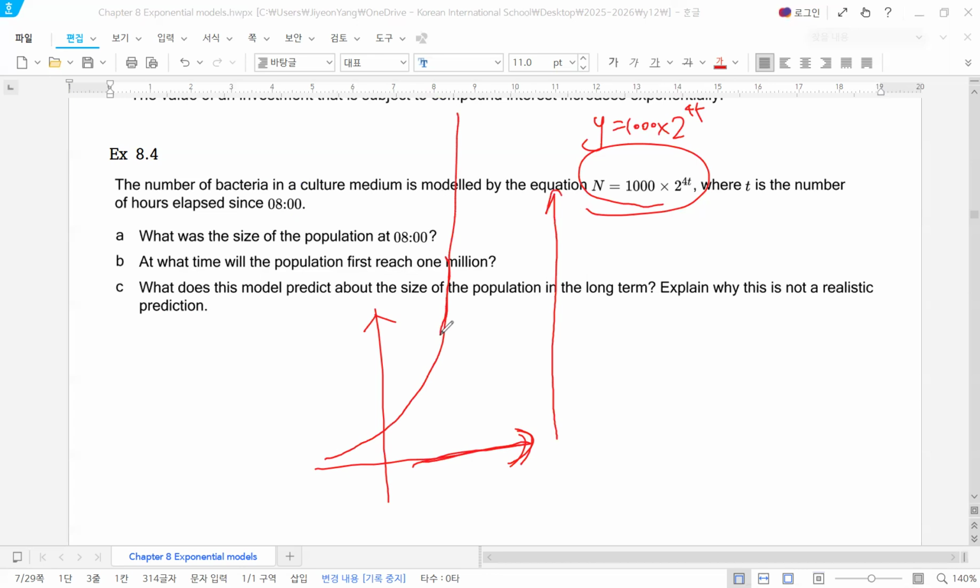Students, does it make sense or not? No, I mean, the number of bacteria can be increased infinitely. Really? No. So, as I told you, basically the number of population can be modeled by using an exponential function, but only for a short period